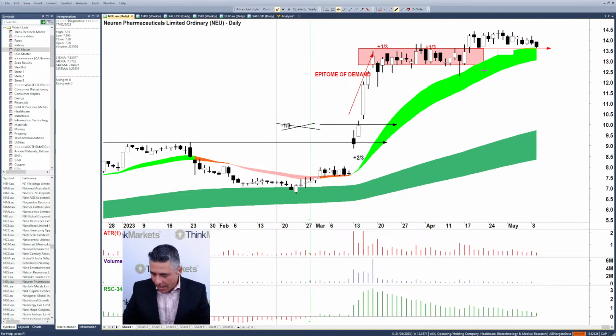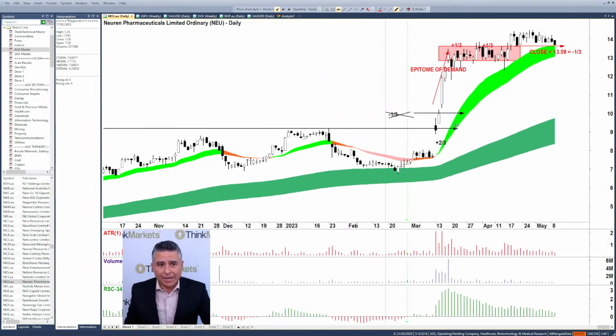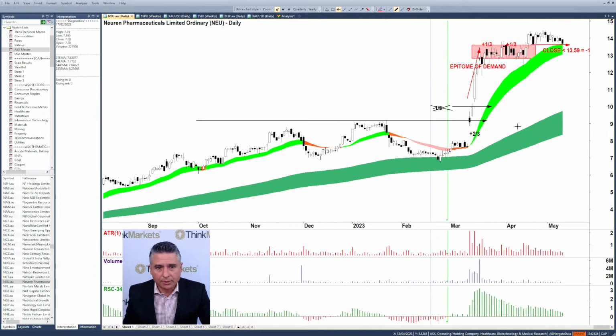And I'm only talking about a partial exit here as well. So I'd go close less than 13.59 equals minus 1/3 for me. Okay. Otherwise, holding. It's not a straight up sell at this stage, and it's not a buy either, clearly, because